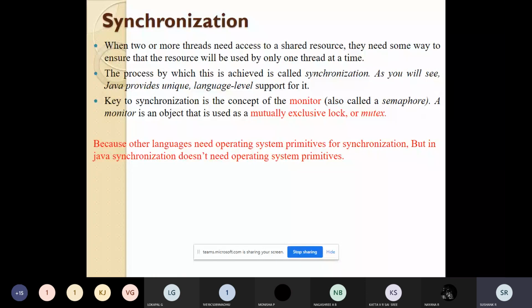Other threads, if they want to use the shared resource, have to wait for this thread to complete its execution. Only one thread can have a monitor at any point of time. When a thread acquires a lock, it is said that it has entered the monitor, and all the threads trying to enter that locked monitor have to wait until the thread which has acquired the monitor comes out of it.